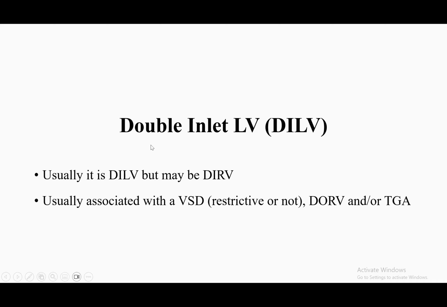Usually it is a double inlet LV. We said this before when we talked about the DORV, double outlet right ventricle. In the lectures for the left to right shunt, we said that we would find the DORV and the DILV common, but we would rarely find double inlet RV and double outlet LV, because in the embryology, during the fetal development of the heart,